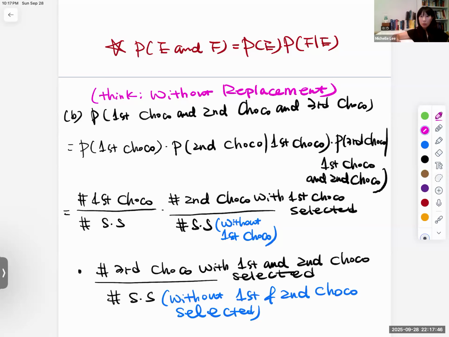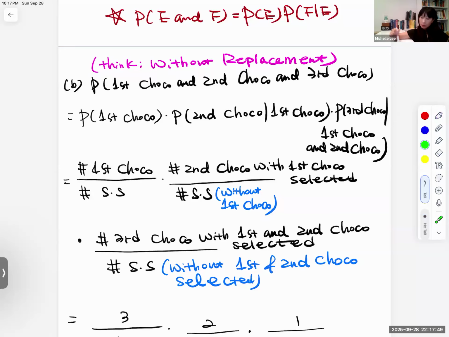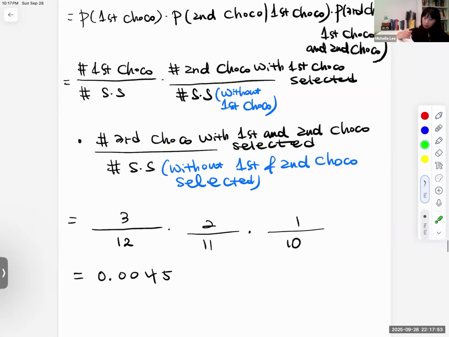Okay, so I wrote down without replacement. And then you could not see earlier the number, right? Okay, let's do